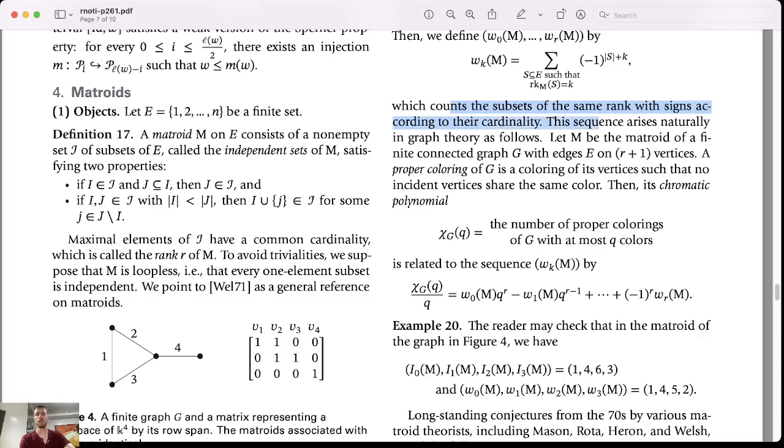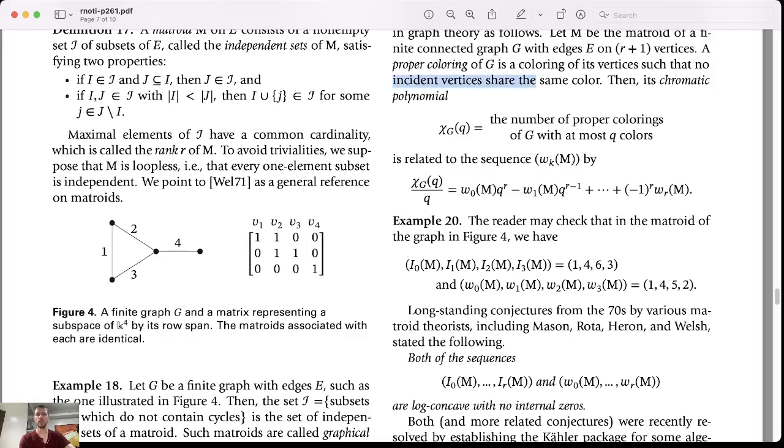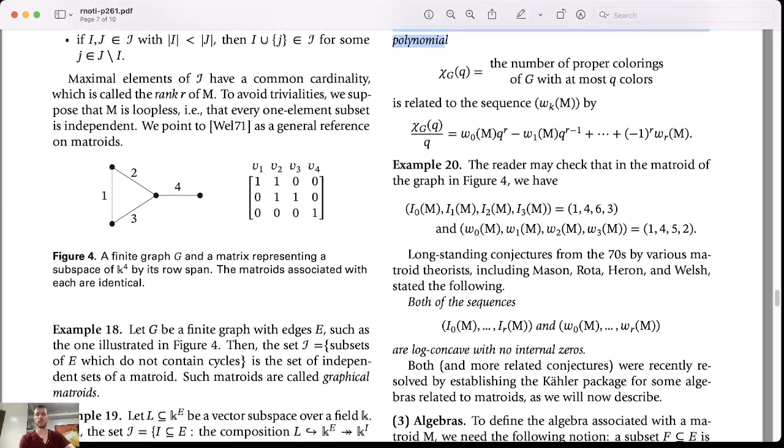This sequence arises naturally in graph theory as follows. Let M be the matroid of a finite connected graph G with edges E on R plus 1 vertices. A proper coloring of G is a coloring of its vertices such that no adjacent vertices share the same color. Then its chromatic polynomial of G of Q, the number of proper colorings of G with